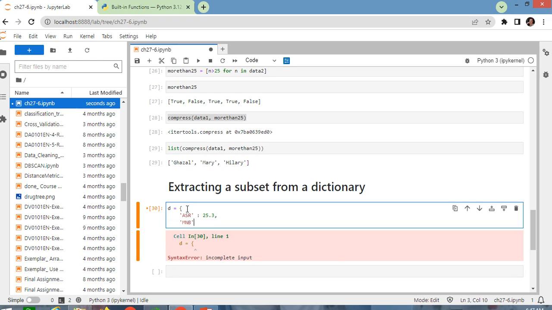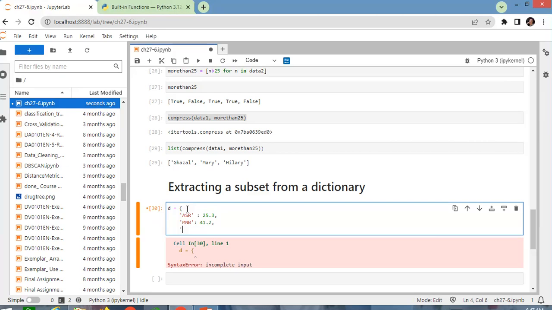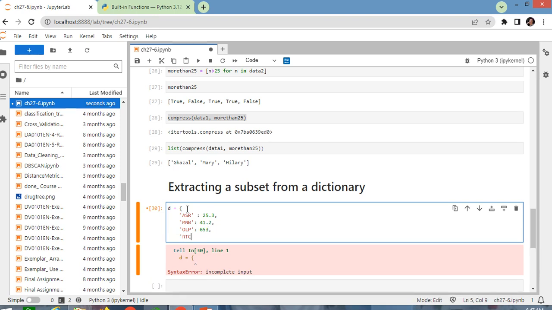M and B, another company's name, and the price would be, for example, 41.2. Another name could be OLP, with the stock price, for example, 65.30. Another name could be RTC with the stock price